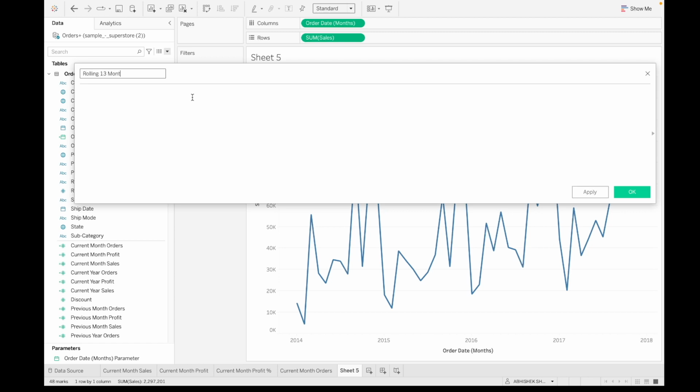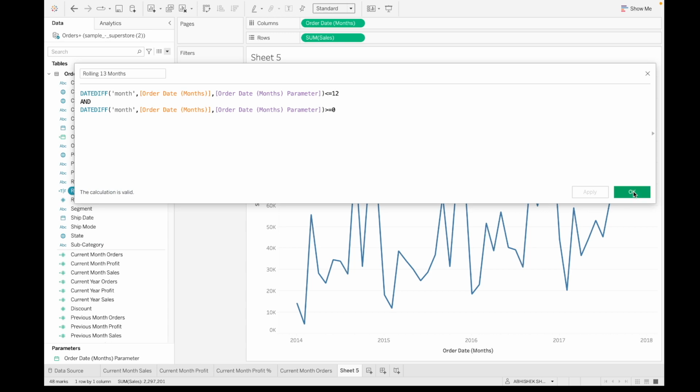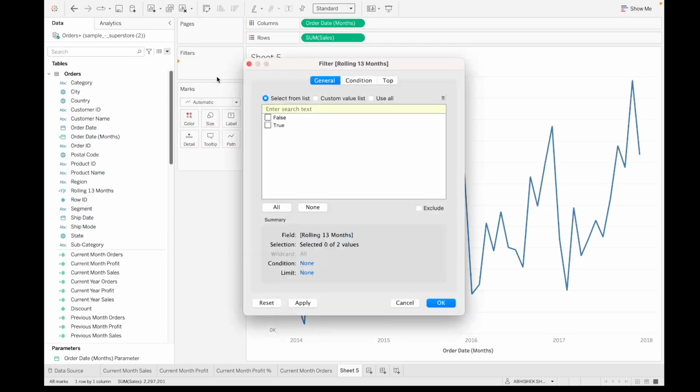I'll name it as rolling 13 months. Use the formula date diff, month, start date will be the order date, months, end date will be the parameter, and this should be less than equal to 12, and I'll copy the same formula, paste it here, and I'll make it greater than equal to 0. Apply, OK. Just drag it to the filter pane,